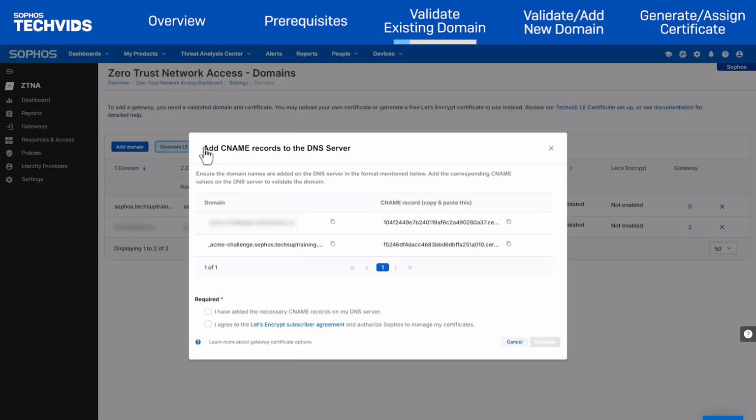You're prompted with the following instructions and will need to add a new CNAME record. Previously, you had to validate your domain through TXT record, but with this new release, all new domains will validate through the new CNAME method. This step is only required if you plan to generate a Let's Encrypt certificate. Copy the CNAMEs and domain values needed to generate a certificate by clicking the Copy button.